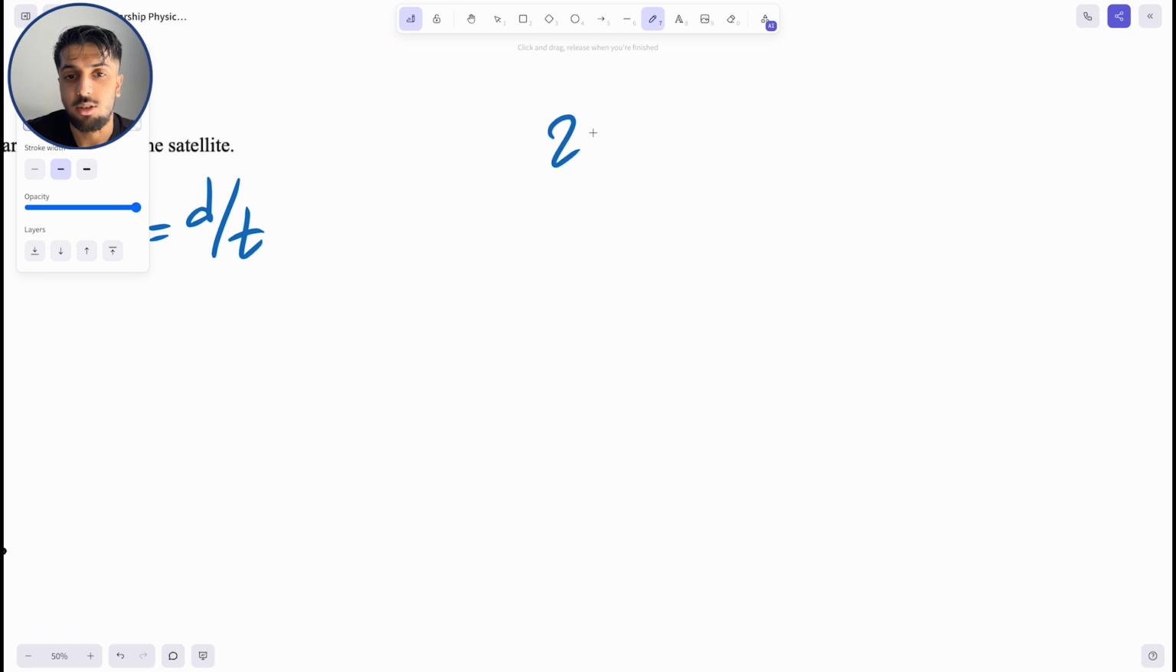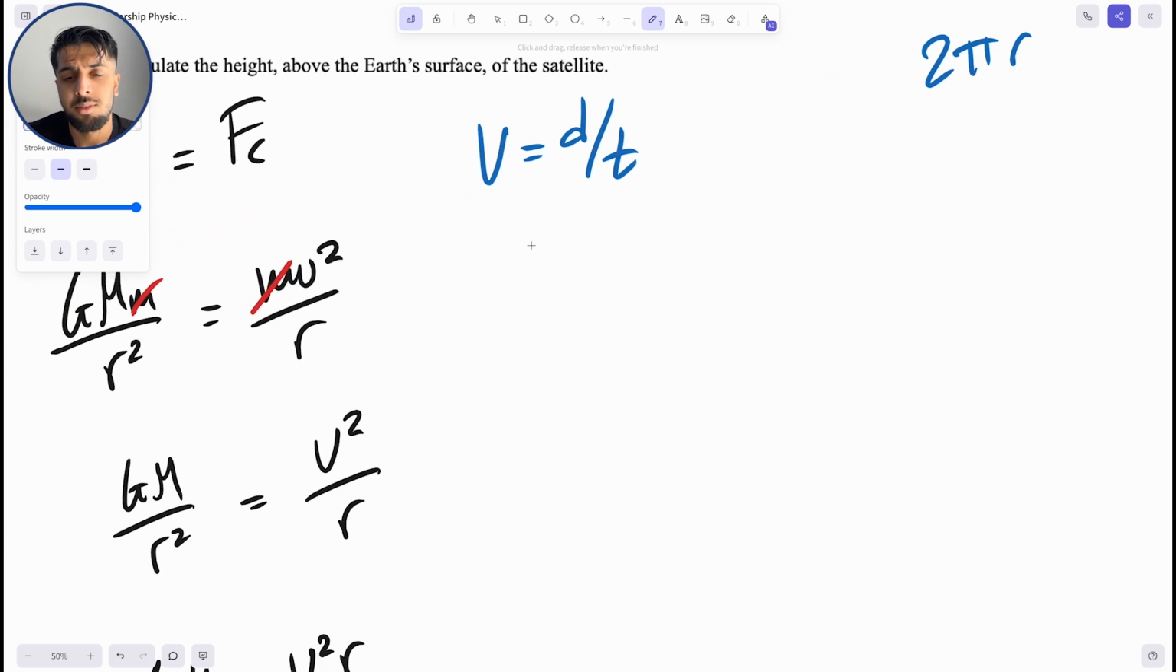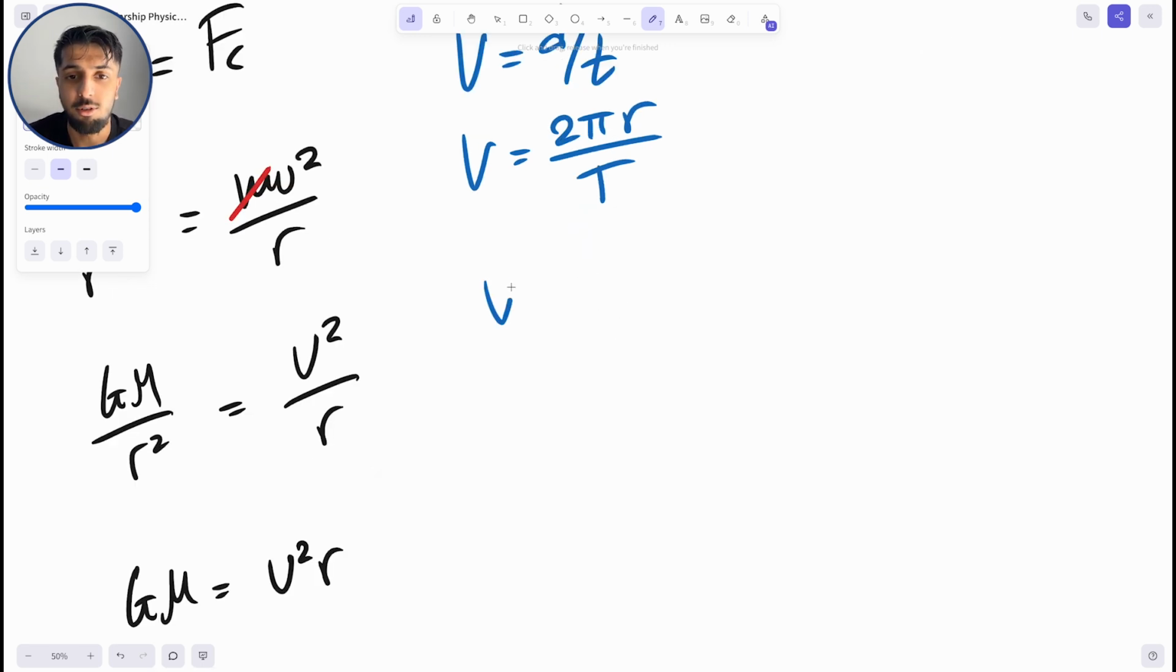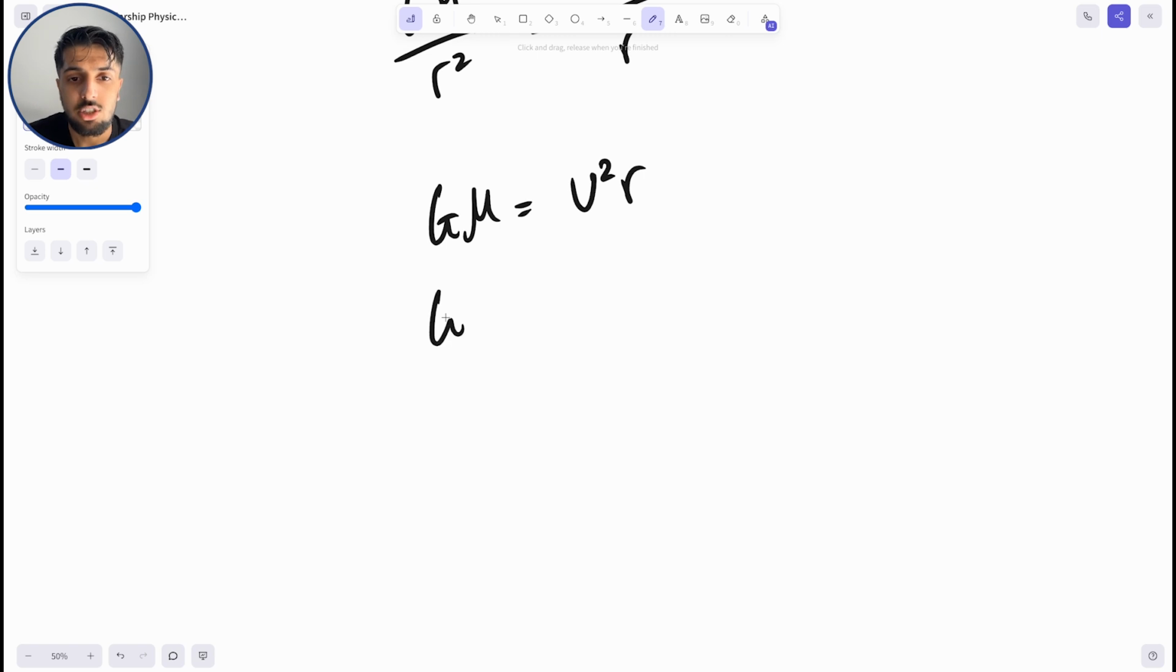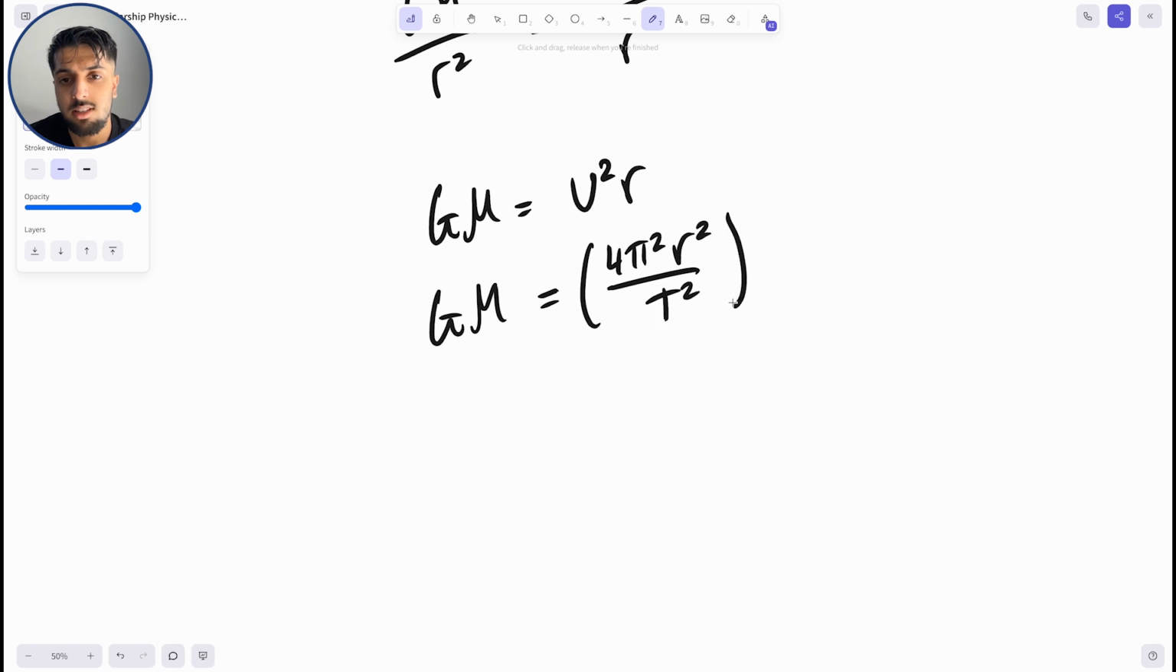And so the circumference of the circle is 2 pi r. Velocity is equal to 2 pi r all over t, which is just our period. And therefore v squared is equal to 4 pi squared r squared all over t squared. And therefore subbing this in, we get GM is equal to 4 pi squared r squared all over t squared times r. Now we can simplify this by just making this